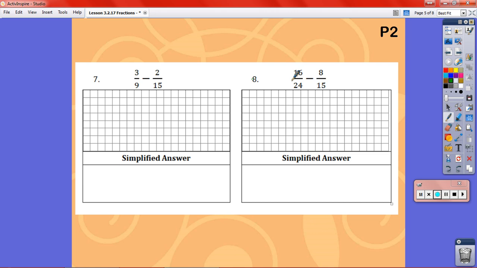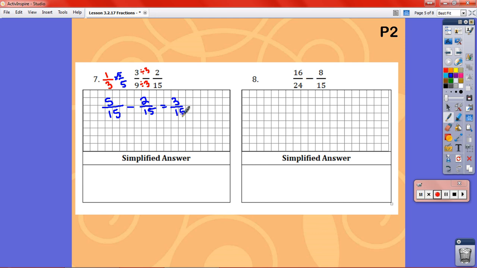3 ninths minus 2 15ths. Can we simplify? 3 and 9 are both multiples of 3, so we can divide by 3. 3 divided by 3 is 1. 9 divided by 3 is 3. 3 can get to 15 by multiplying by 5. Times 5 over 5. 1 times 5 is 5, and 3 times 5 is 15,